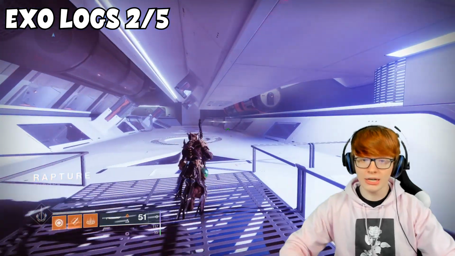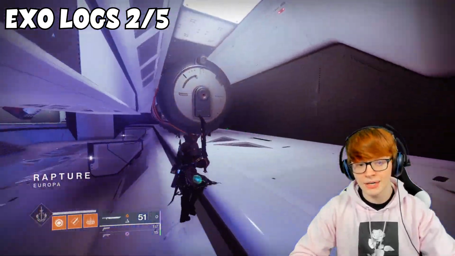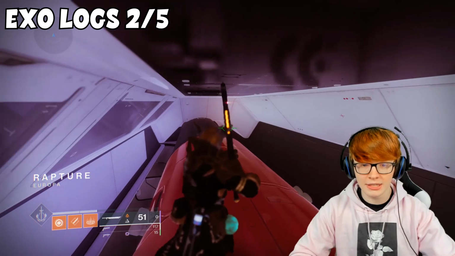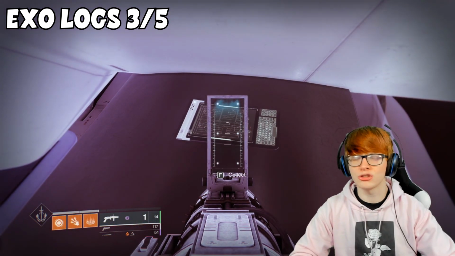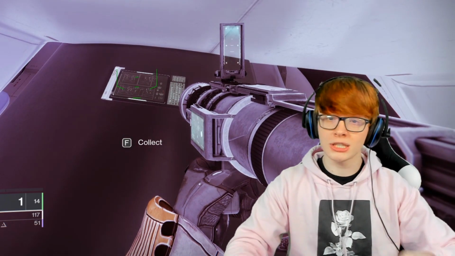Now we're in the Rapture, and we can just go ahead and 180 immediately and jump up on top of whatever this is and grab ourselves the third notepad, or Exo Stranger Log, or whatever it's called. After this, you want to go ahead and go on to orbit, and then repeat everything that we did up